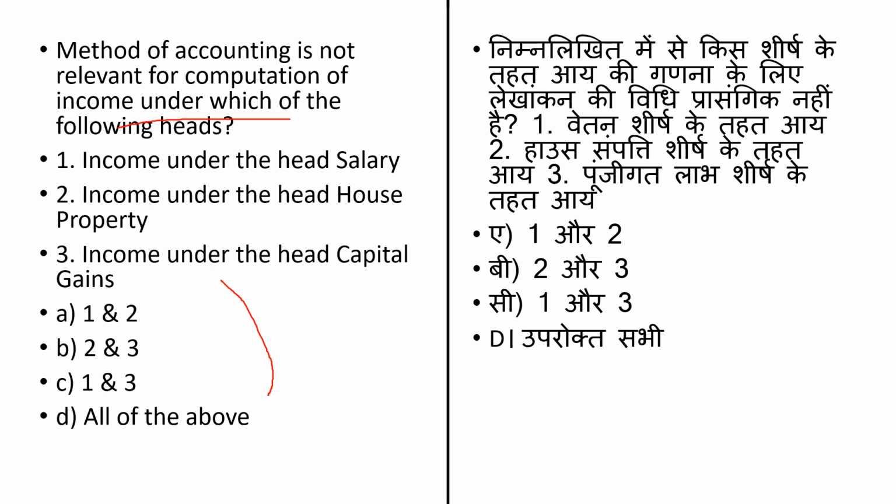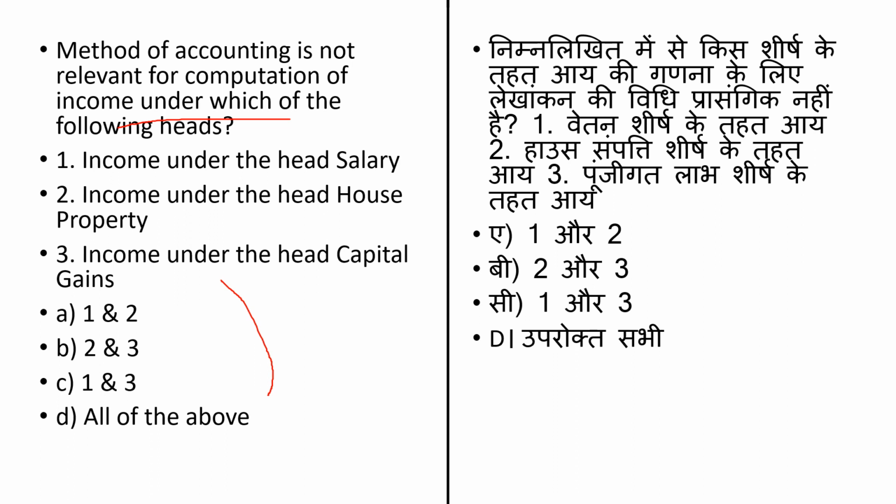Where the assessing officer is not satisfied about the correctness or completeness of the accounts of the assessee, or where the method of accounting has not been regularly followed by the assessee, or where the income has not been computed in accordance with the Income Computation and Disclosure Standards, that is ICDS, as notified,